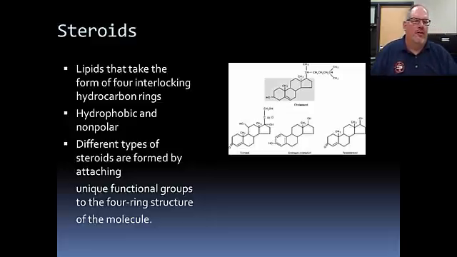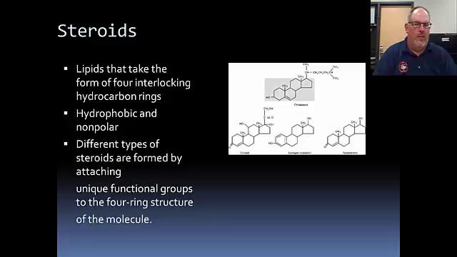Steroids are actually a ring chain, and a lot of the steroids in the body are based off of this basic ring chain that you'll see up here. This basic ring chain is what we call cholesterol. Cholesterol is a 4-ring chain. There are multiple carbons in there, and 3 of the rings are hexose in shape, containing 6 carbons, and one is pentose in shape, containing 5 carbons. Off of that we can build other carbon structures off of this cholesterol backbone for these steroids.